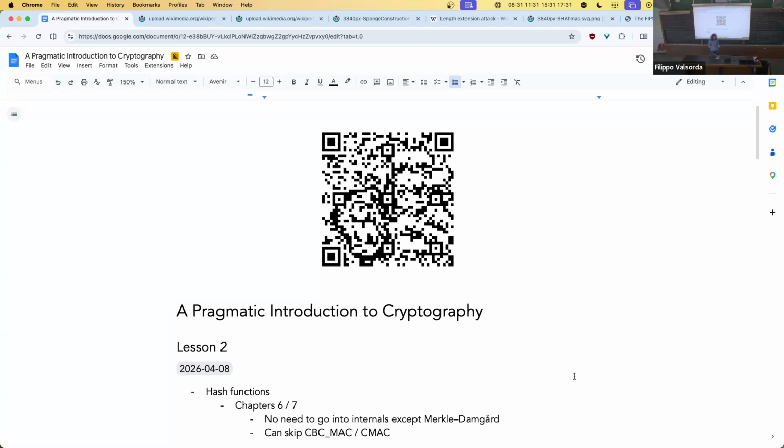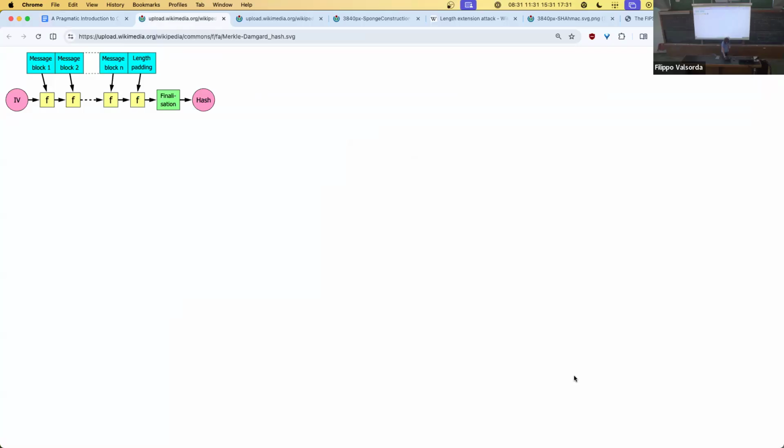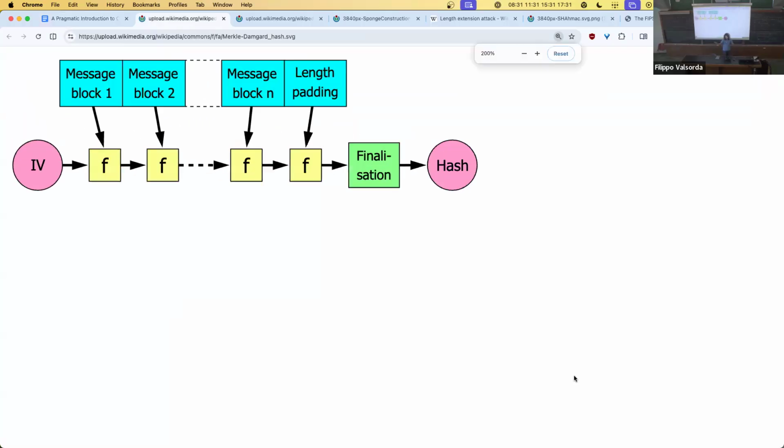Cool. Taking a step back into how do we make a hash function. A hash function has the problem that you have a large message and then you want to compress it down to a single thing. There are two main ways to do hash functions. There's Merkle-Damgard, and there's sponges. Let's look at Merkle-Damgard because it's what is used by everything from MD4, MD5, SHA-1, SHA-256, of which only SHA-256, SHA-2 is secure.